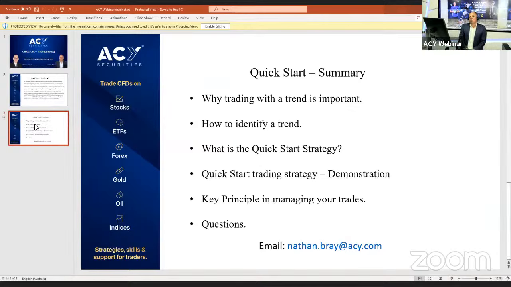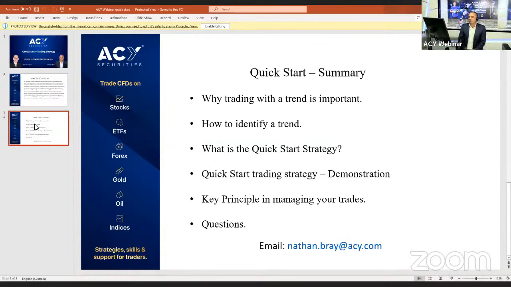The other thing we'll move into from there is giving you a demonstration and explanation of this quick start strategy. And remember, that's what tonight's all about. We put together an easy way for people to follow a trading strategy that they can use to look for trade setups on a daily basis and follow in line with trading with a trend. So it'll include identifying your setup and the ability to place a stop loss and, of course, exit that strategy as well. So we'll go into that in some detail.